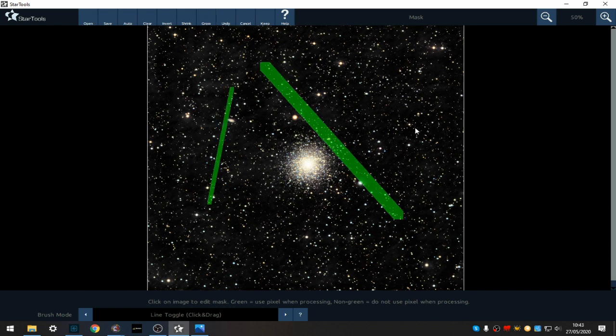So yeah, there's all sorts of handy things in the mask. Generally, what you've masked is what you'll be working on. What's not masked will not be worked on generally, but that's not the case in every module. Some the mask is protecting,